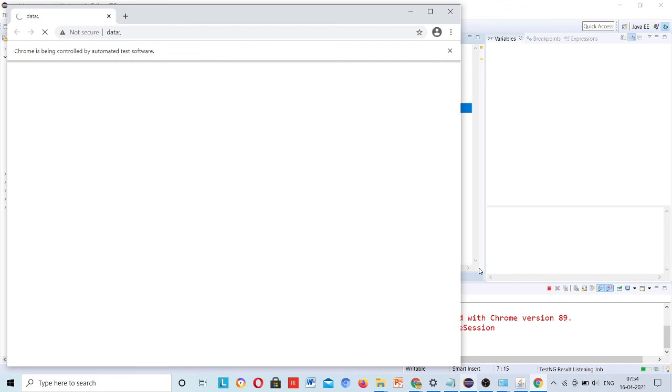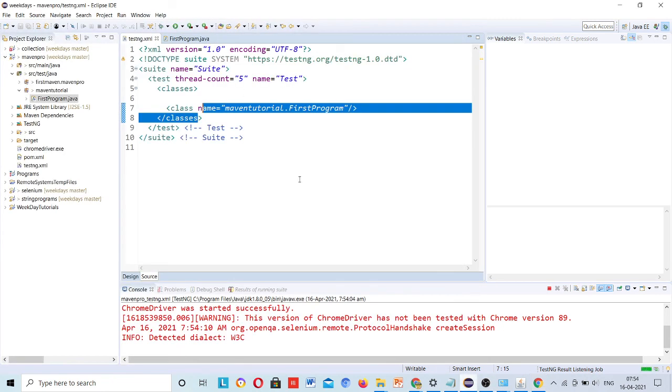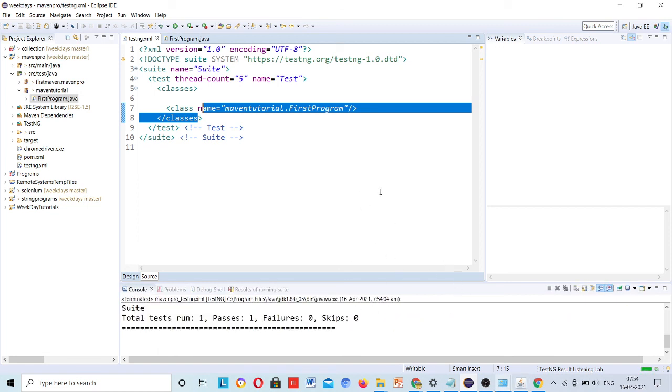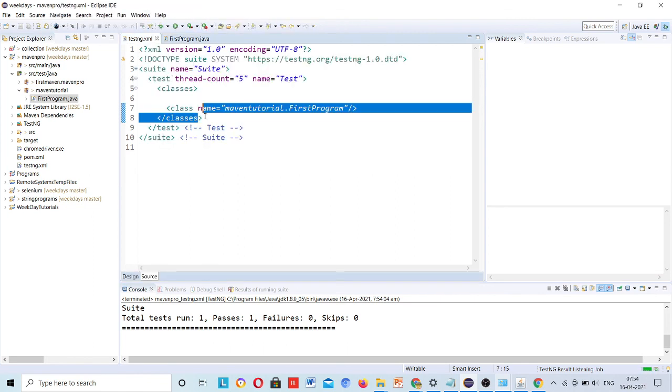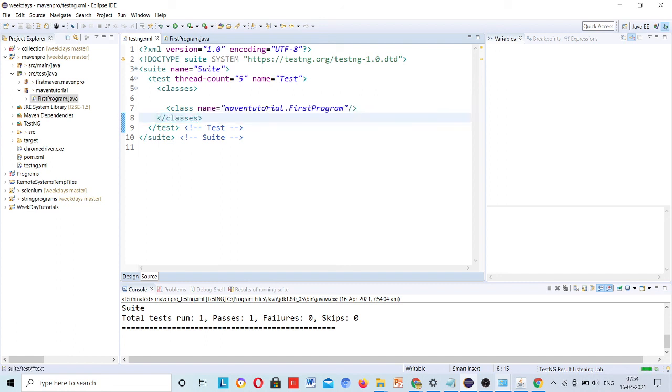You can see the test cases run. I have run from this testng file and all the Java programs are running. Once we use this we don't have to go to each and every class, each and every method to run. Just run this testng file. If you have 100 test cases, it will run 101. Just add here in this class, then whatever classes are added will be running. We'll see in detail in sessions.